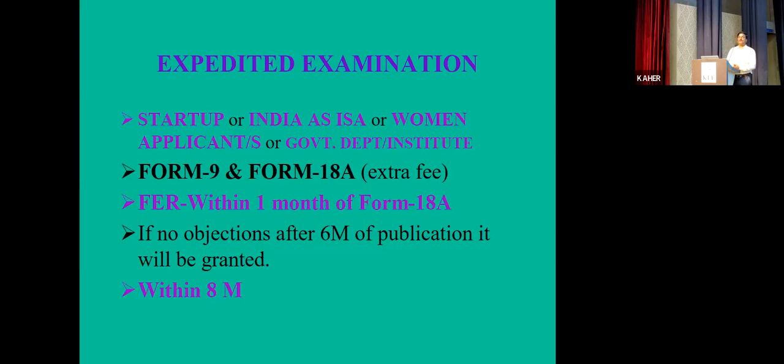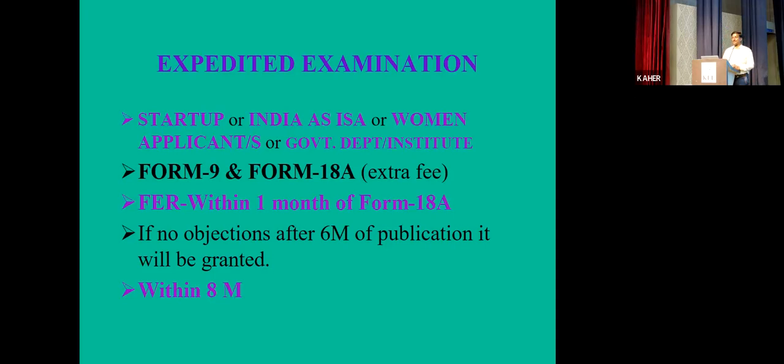So apart from those 4 forms, there is a requirement of form number 9 and form number 18A. Instead of 18, you will be filing 18A with the extra fee, that is 4000 will become 8000. I said 1600 plus 4000, now it will be 1600 plus 8000. And no offline possibility for the expedited. Only online we accept